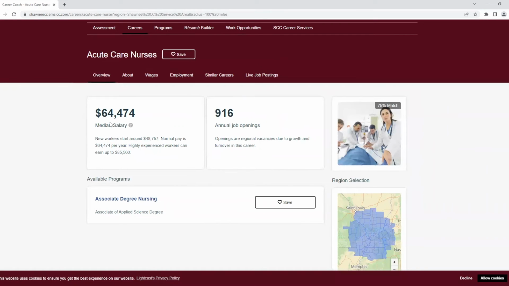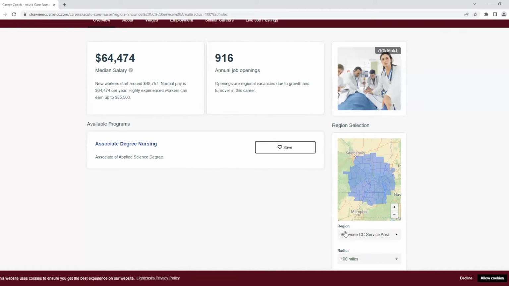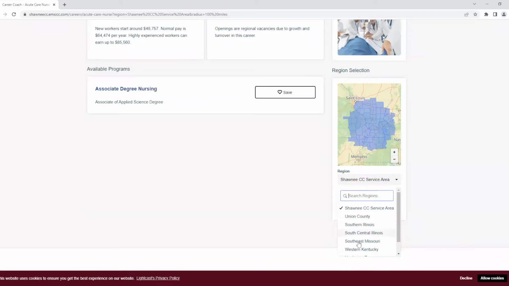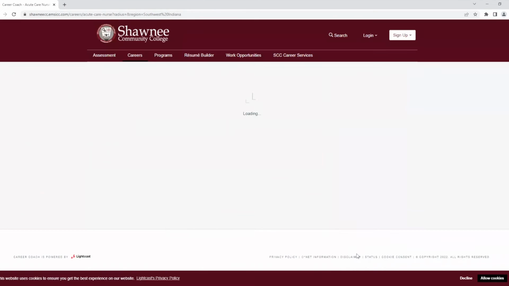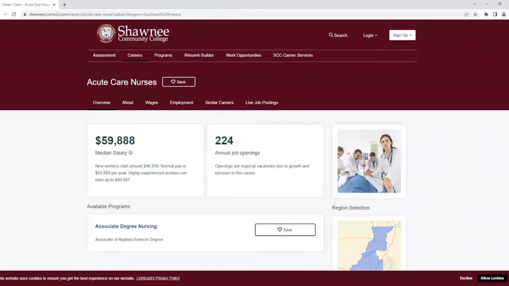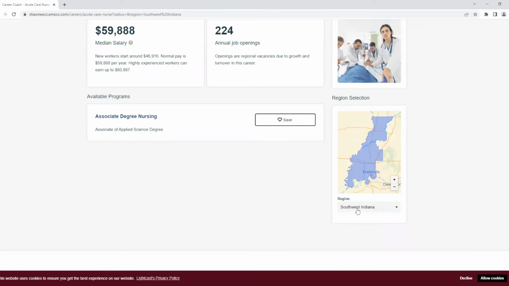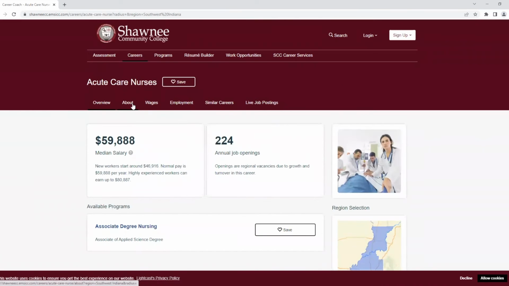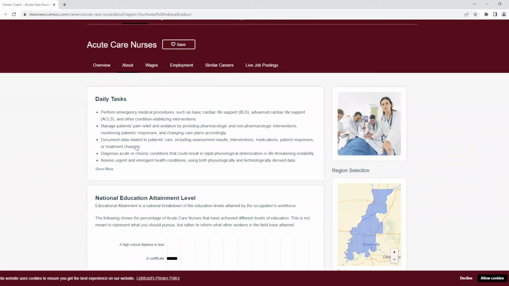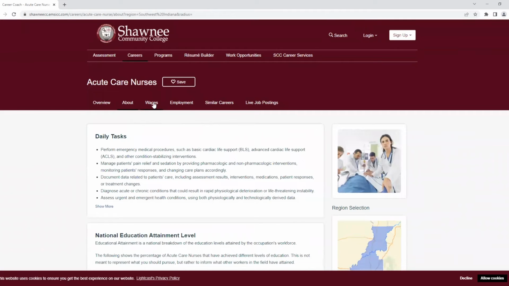And again, we see the median salary from the overview is $64,474. That would be again linked to our associate degree in nursing, which we came through that program, 969 job openings. And again, we can change this search area if we want to look at Southwest Indiana. We can see how much they make and how many job openings they have. We can do about, again, and see the different tasks, all the information, the wages,